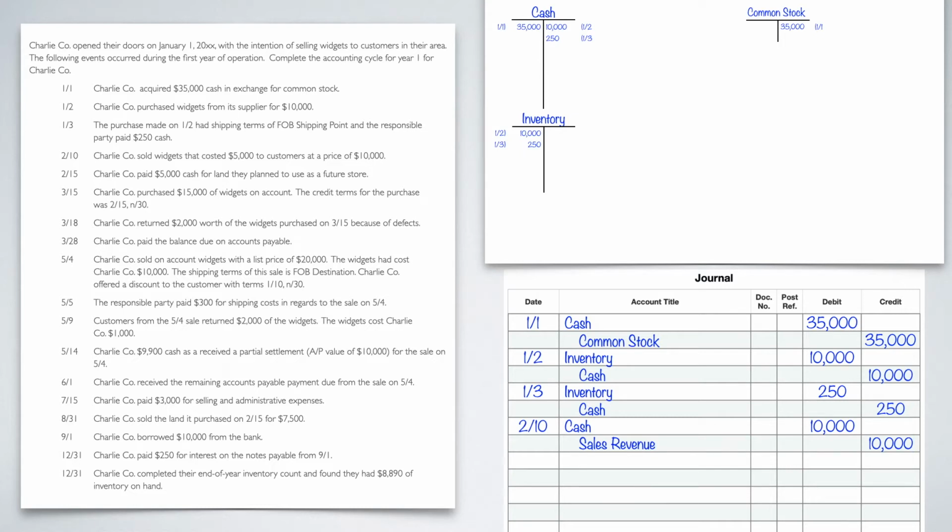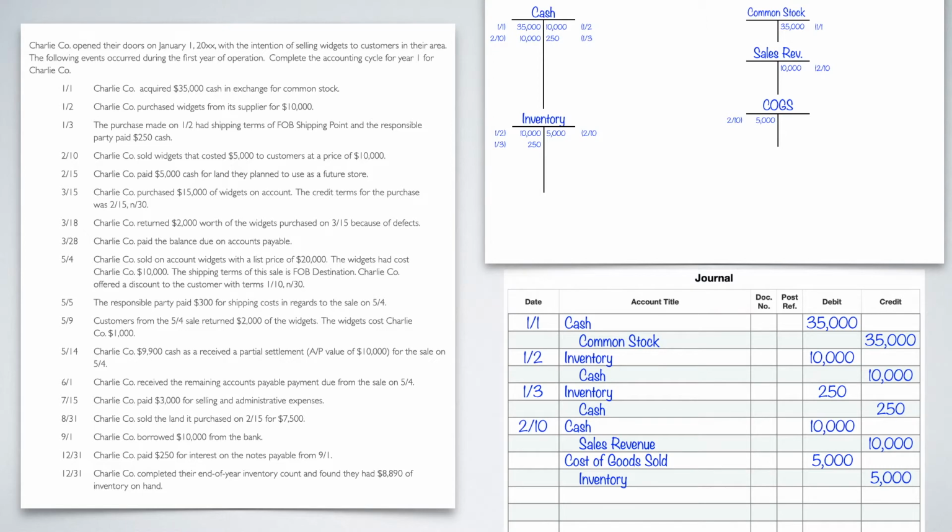Now I need to do the other half because we also used the inventory and lost the inventory. We sold it and therefore don't have it anymore. So we're going to expense our inventory through cost of goods sold. So we're going to debit that account, cost of goods sold, for the lower amount, which is $5,000. And then also credit inventory because we're lowering our inventory count by $5,000. And then I need to add two T-tables. So we're going to start with sales revenue and COGS, and then also add to the already existing T-tables of cash and inventory.